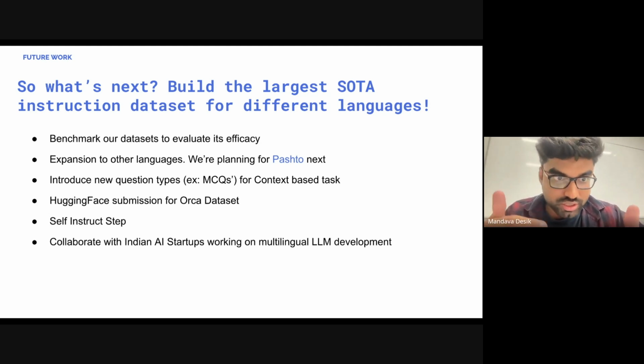We also plan to discuss with Indian startups who are working on multilingual SLMs about utilizing our dataset. There are a few such startups. We have added our dataset samples, the prompts, and the data transformation which we did in the appendix for everyone's reference. So yeah, that's it with our